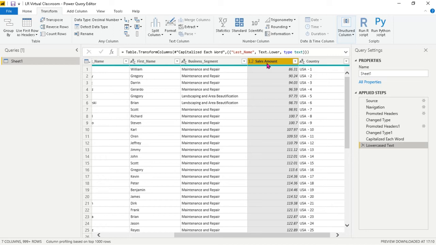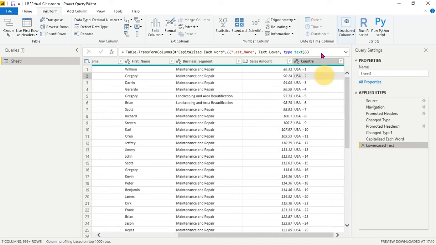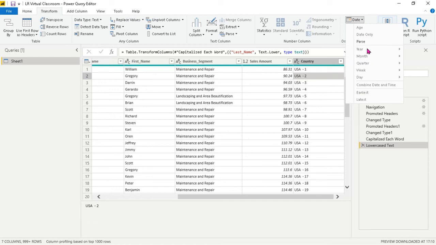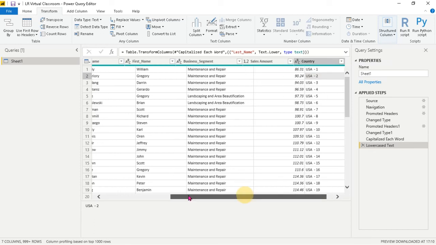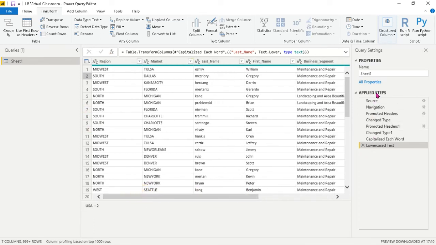Say, for example, I have a date column and I want to convert the date into a year. I want to find out which month it belongs to, or the quarter, week or day. In this way I can do a lot of date-related functions with just a click of a button. Similarly, I have a lot of time-related functions. I can convert the time into only the hour, the total minutes or the total seconds. I can combine the date and time as well. In this way a lot of functions can be done with just a click of a button, because you don't have to repeat all these queries. Each and every step that I perform here is going to be a different query here.